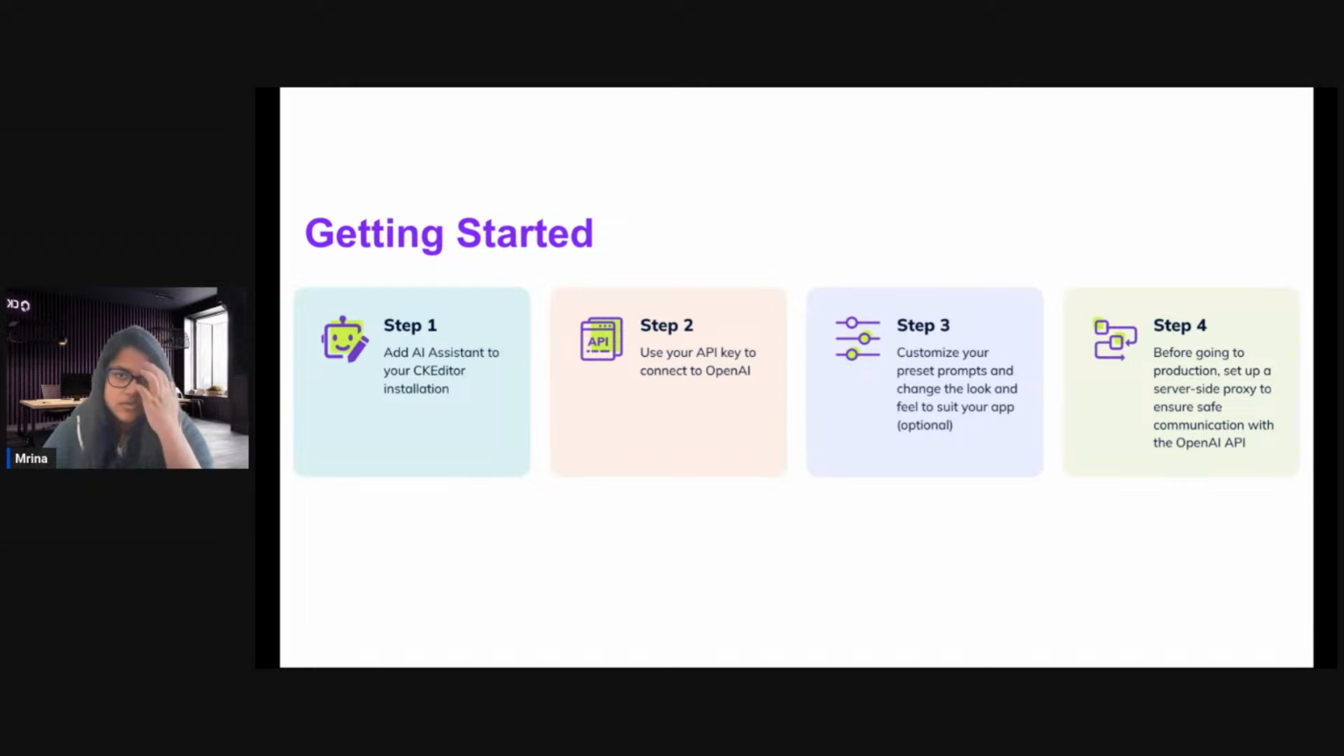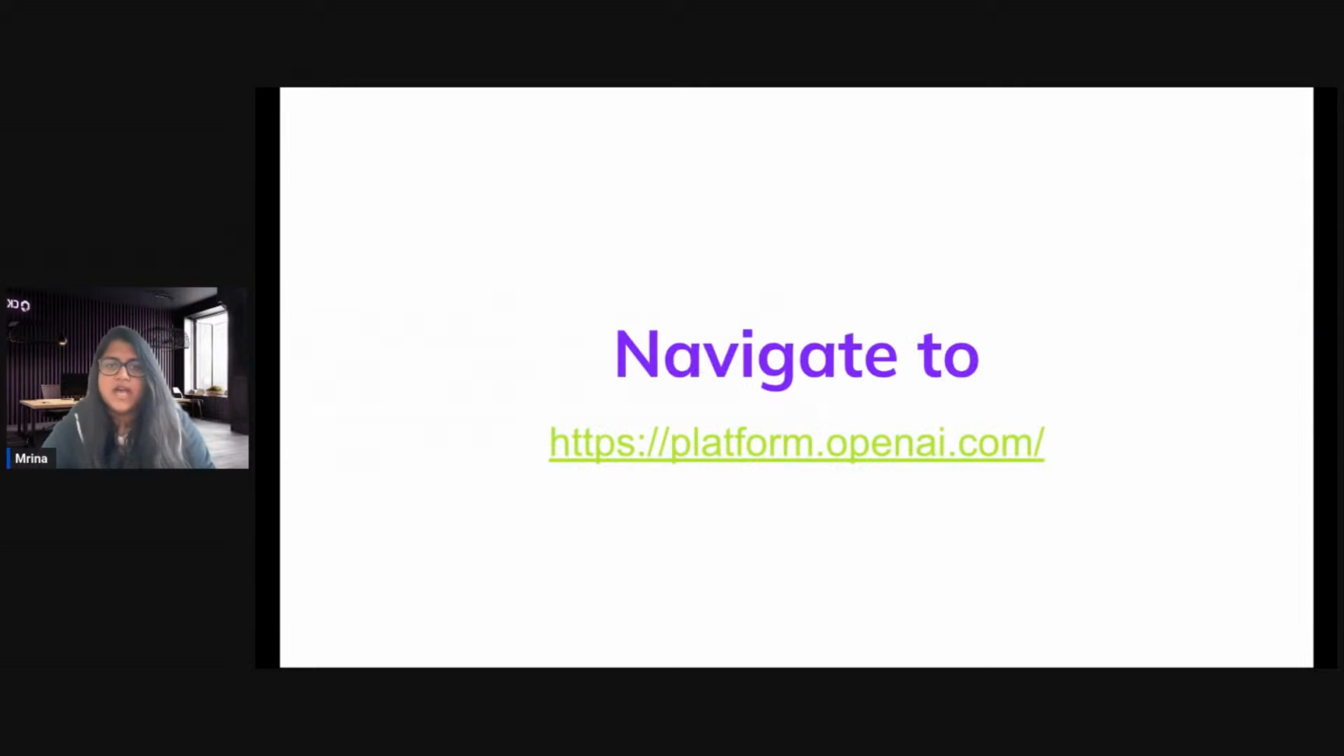You can also customize and preset some of the prompts. And the final thing is that the demo I'm going to show today is not set up with a server-side proxy, but in your production application, I highly recommend setting it up using a server-side proxy. So very quickly, before I show you my demo, I'm going to ask everyone to go to